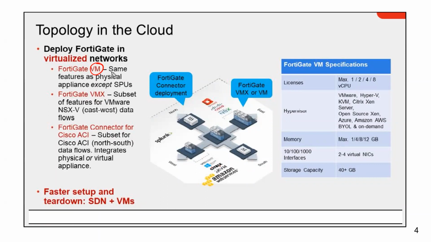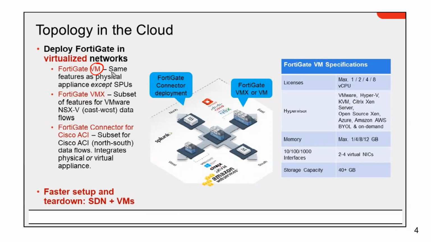Now you cannot imitate a hardware chip on a virtual machine, right? So again, the implementations, the functionalities, features, everything exactly remains the same. The only thing different with the VM is that you will not have the SPUs. Okay. Now you have something which is VMX, which is a subset of features for VMware and the FortiGate